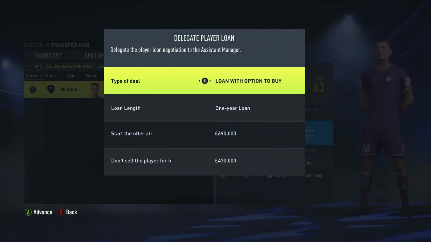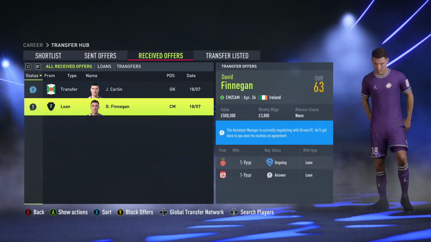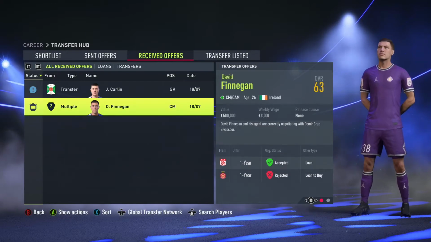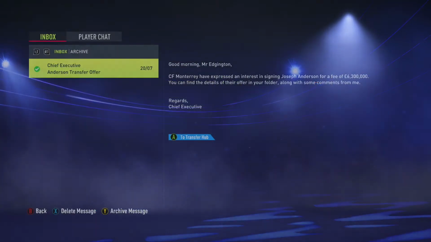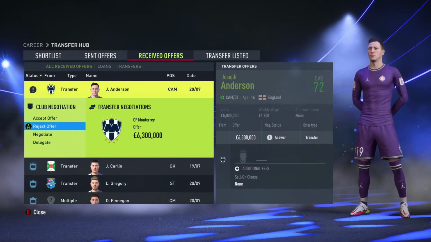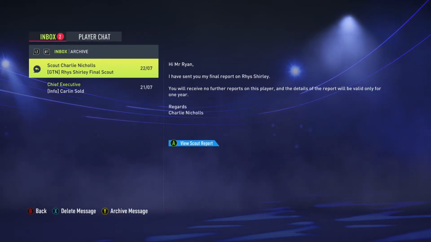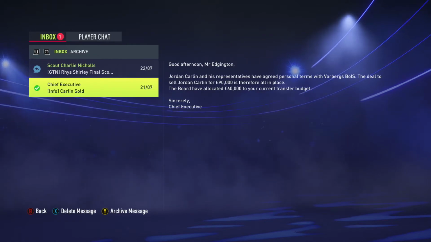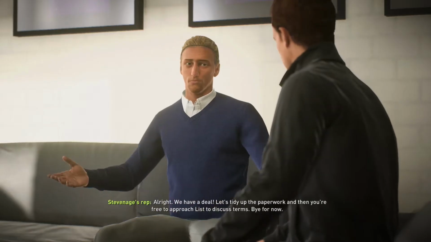And there's another loan offer coming in for Finnegan as well, which we are going to accept. And then you see I accidentally rejected one there that he'd accepted, but I did accept the other one. And then a transfer offer for Carlin, another keeper that we're not really going to use, so he can go. Interestingly, Joseph Anderson straight away, subject to a transfer offer, not interested in that. And you see here some of those sales from those lower rated players that were never going to get into